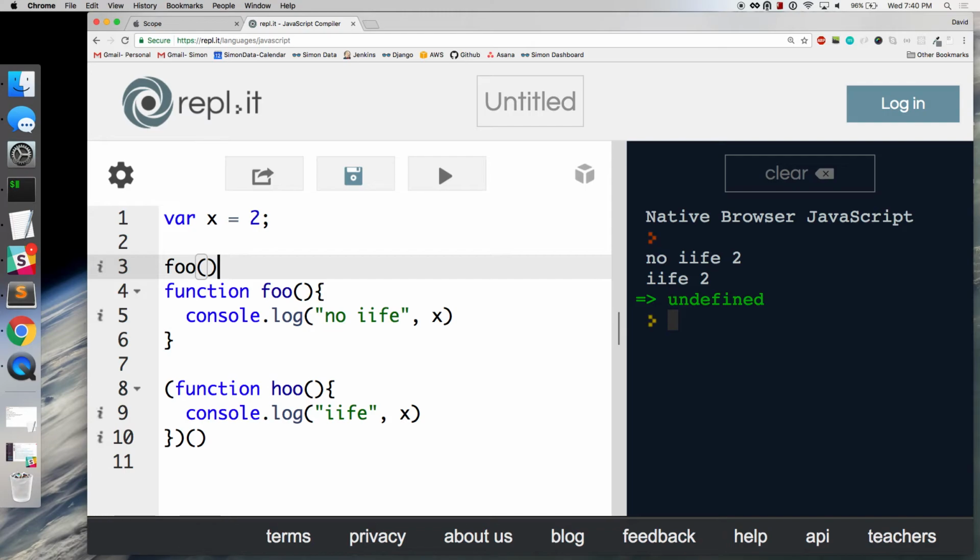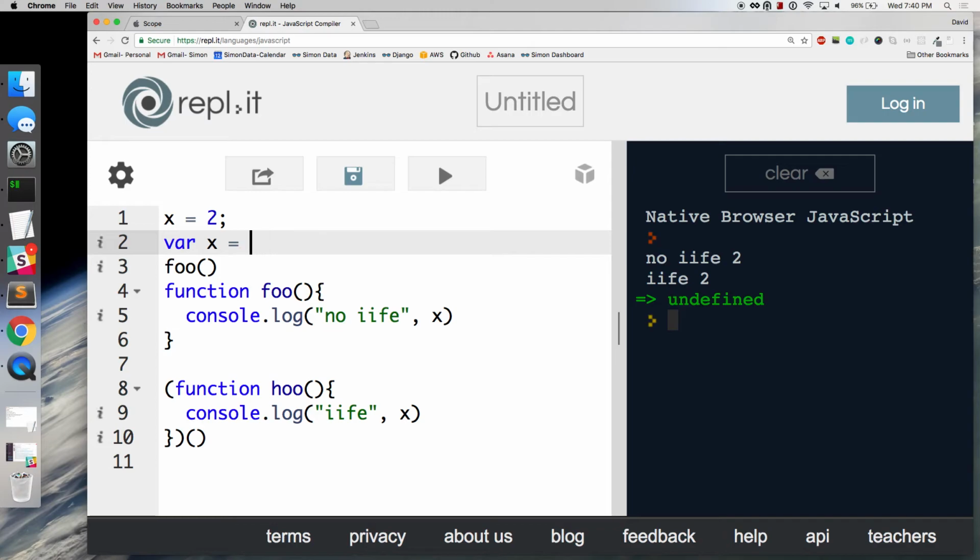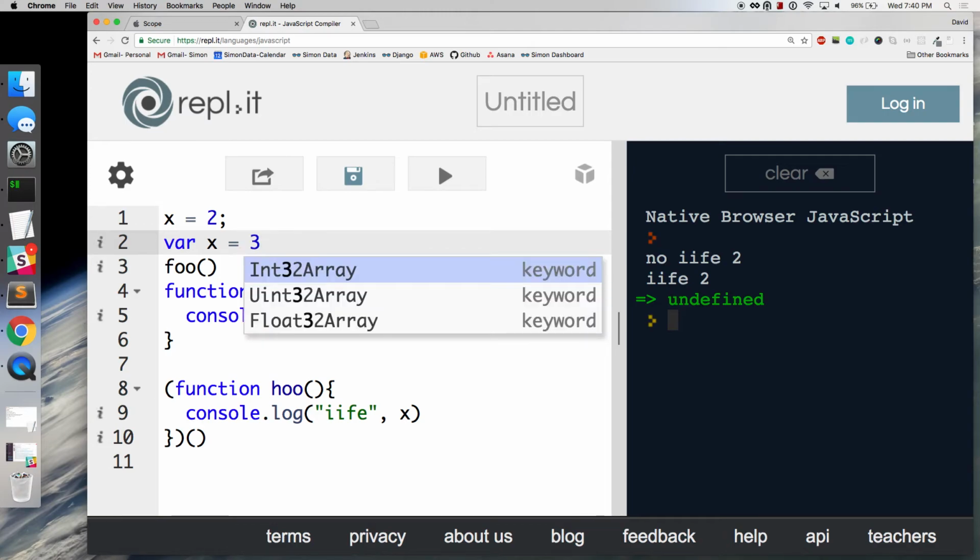When I was going through this and looking at variable definitions, for some reason in the REPL, if you just do x equals 2 without saying var, and then do immediately after var x equals 2 or var x equals 3, then when you console log x, it'll be 3. Right, because you're creating a global variable called x, and then you redefine it. And when you set var x, that's also considered a global variable